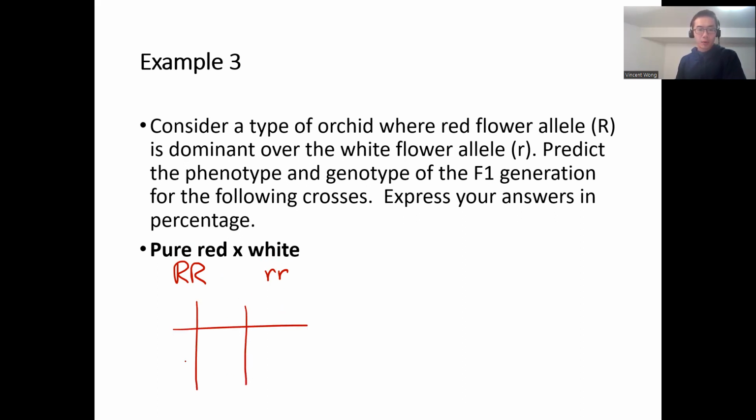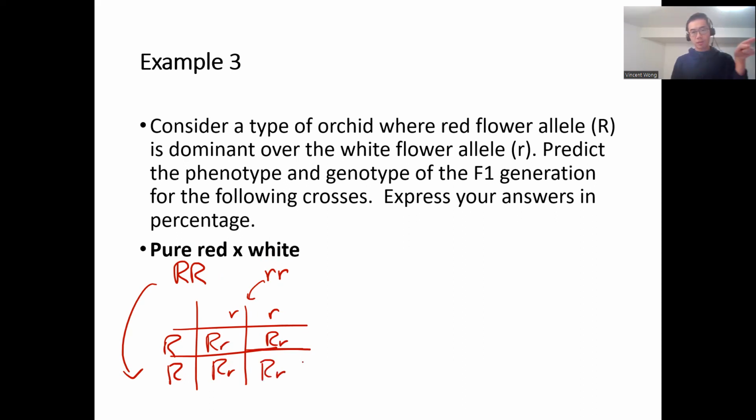We are gonna do our table again. And we are going to have big R here on the side. Small r here at the top. And if we do the combinations, and just go across and down, right? You will get 100% big R, small r, and 100% red. Okay,